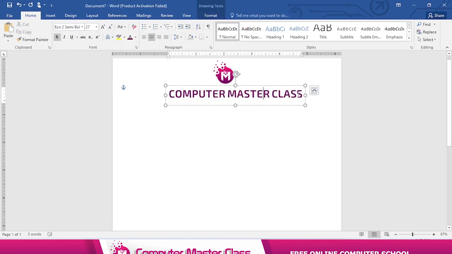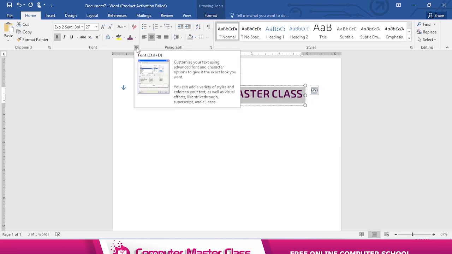Okay, take note, we are going to do something now. If you look at this font, the letters are kind of separated from each other and it's not looking very good for me. So what I will do is I'll bolden the text. It's already bold. So next thing I'll do, I'll go to home page. Take note of this one very well, because most people have difficulties in doing this. Take note of this drop down arrow here. This one is the launcher, so I'll click on this launcher,